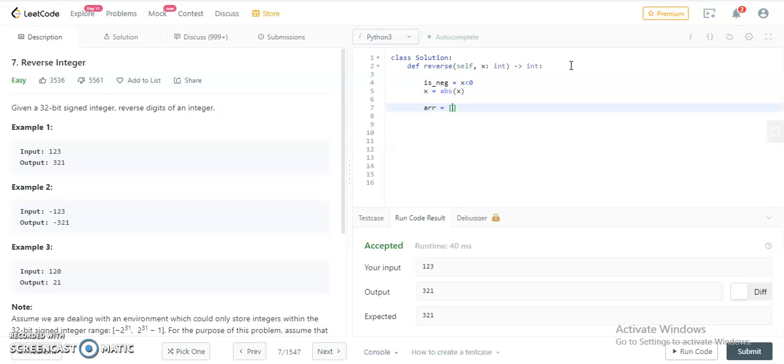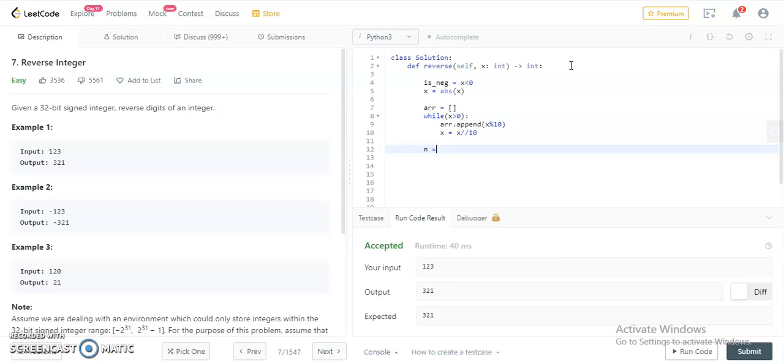Second, we're going to define an array, and we'll iterate while x is greater than 0, and we're going to append the least significant digit in this array. That will be x, remainder when divided by 10, and x would be updated to x integer division by 10, right?